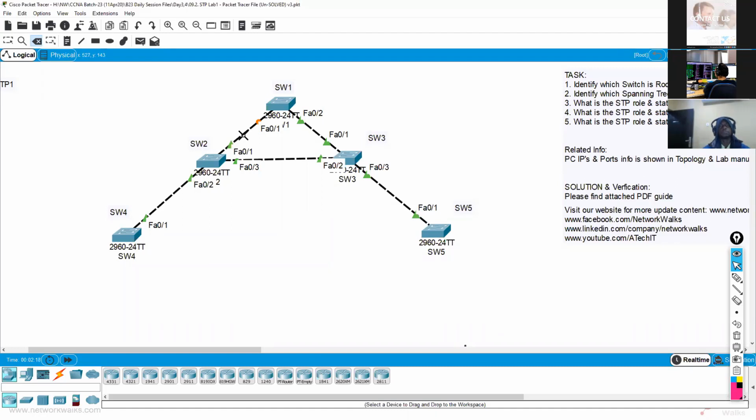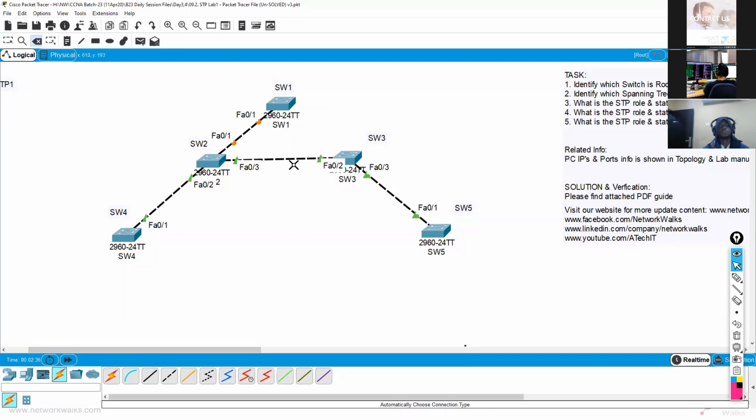So let's delete one of the links in here, and that one is enough. Okay, so let me create that link again. As soon as we connect the switches together, you can see the lights have turned amber. Let me delete all of them and then connect them together. Why are the lights amber, why are the lights orange color?